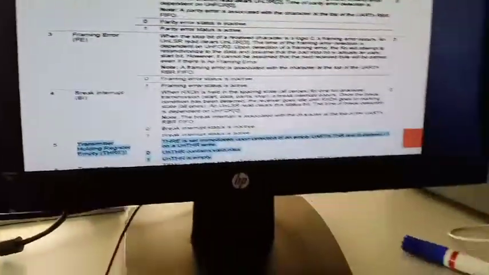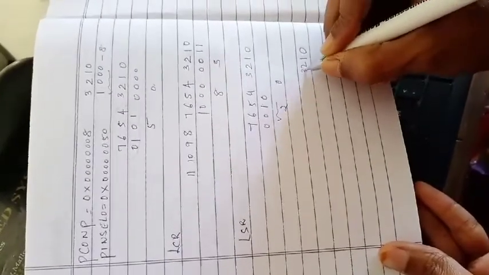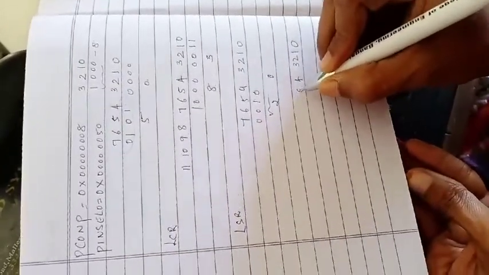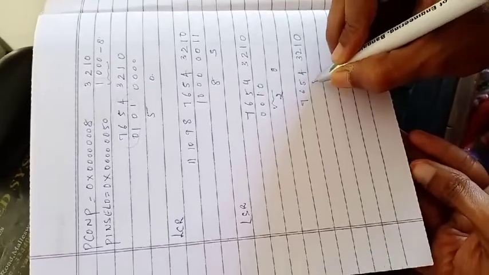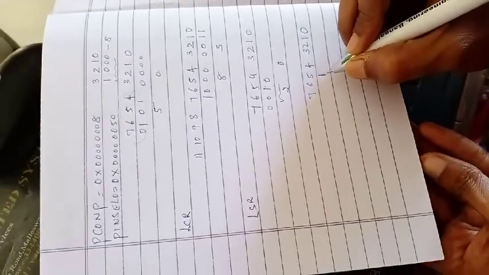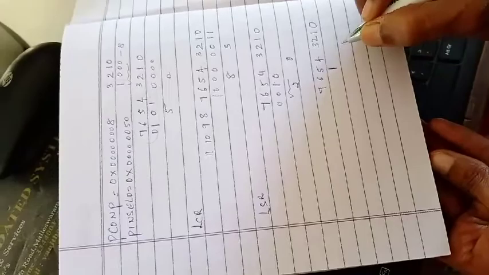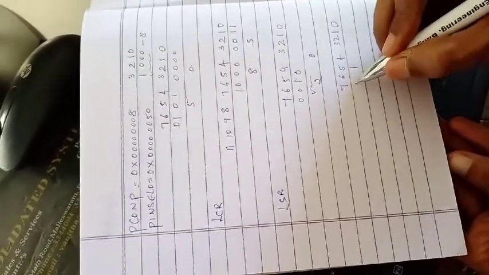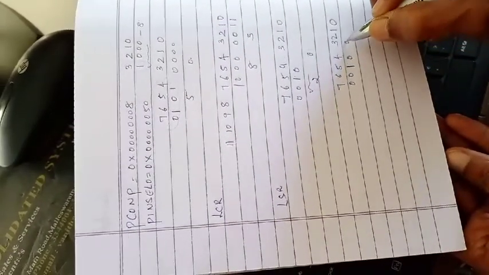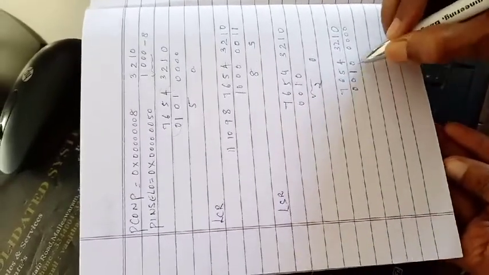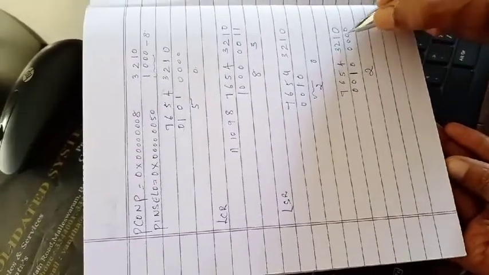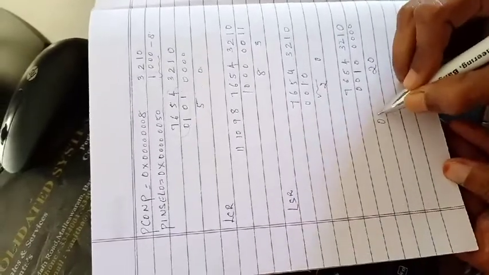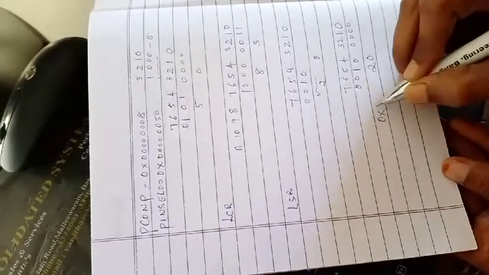To check this, bit 5 is connected to the transmit and hold register. You will have bits 4, 5, 6 and 7. Make this bit high. If it is 1, it means it is empty. If it is 0, it contains valid data. So I have to check whether this register is empty, so I have to make bit 5 as 1. You will get the decimal equivalent as 0010, which is 2, and this is 20. So the corresponding value is 0x20.